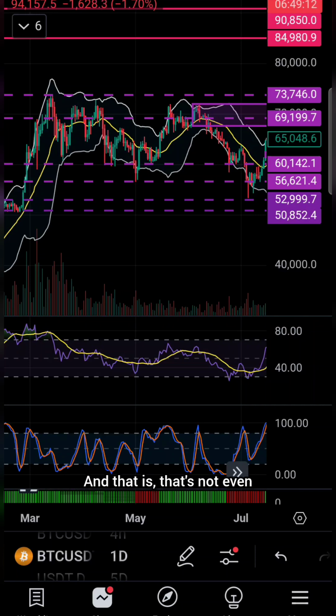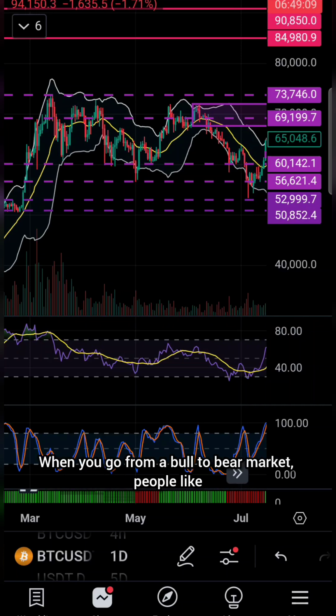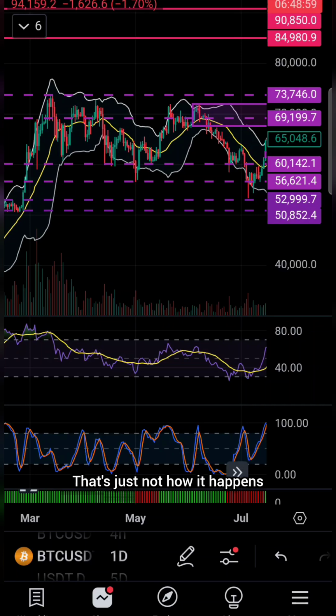And that's not even how bear markets work. When you go from a bull to bear market, people think, oh, it just drops down. Bitcoin will just immediately sell off on some extreme event, and then it never recovers. That's just not how it happens. Just like in 21, we had these huge double tops, but it wasn't like Bitcoin went straight down one red candle 50% and then went back up to a double top. No, there were times to catch bounces. This is the daily time frame, a higher time frame, but not as high as the weekly. So you actually have opportunities to catch good bounces when Bitcoin does correct.